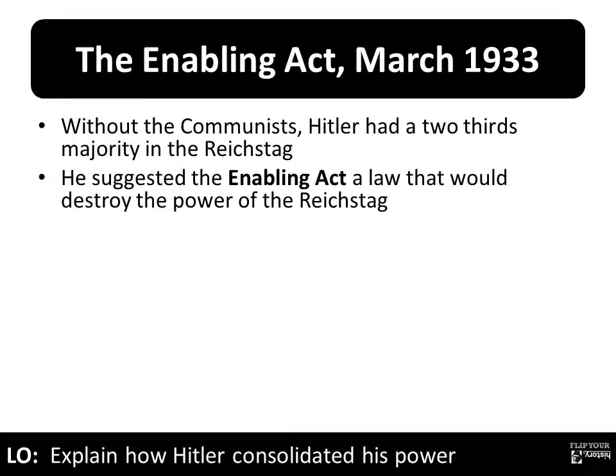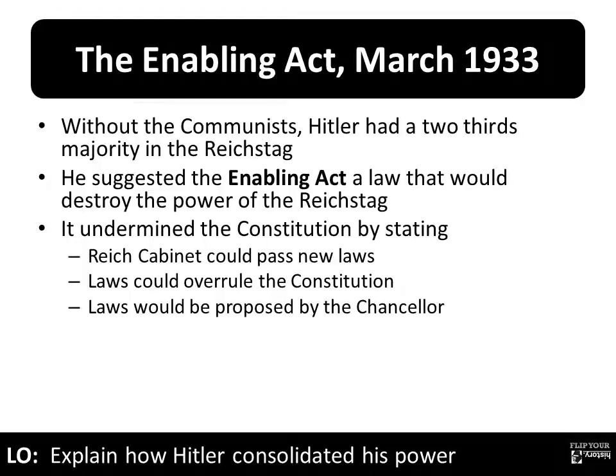He suggested the Enabling Act, a law that would destroy the power of the Reichstag, and illustratively, the full name was the Law for the Removal of the Distress of the People and the Reich. The key parts of it were that it undermined the Constitution by stating that the Reich Cabinet could pass new laws, the Reich Cabinet being Hitler and his supporters. Laws could overrule the Constitution, and that laws would be